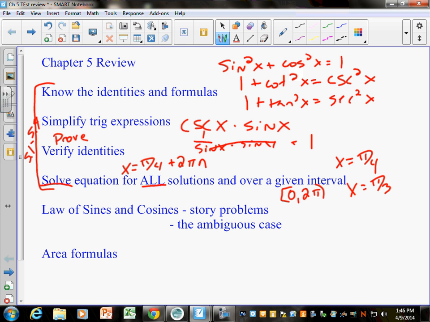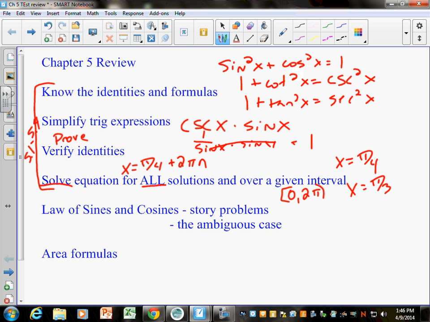That's what we did up to 5.4. Last week is when we started 5.5. So that's up to trig, all the trig stuff. And then the last two sections, I feel like people do better on those as long as you just remember to check for the ambiguous case. The law of sines, law of cosines, definitely going to give you a couple story problems. Nothing crazy like a baseball problem or like 12 different lines going a different way,